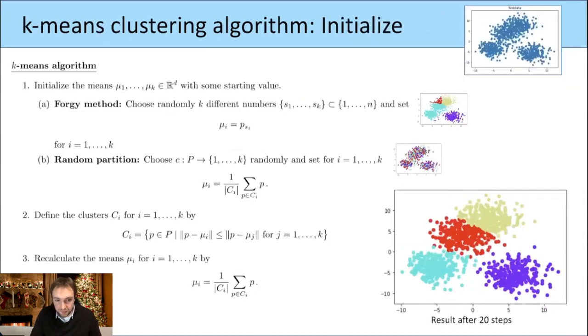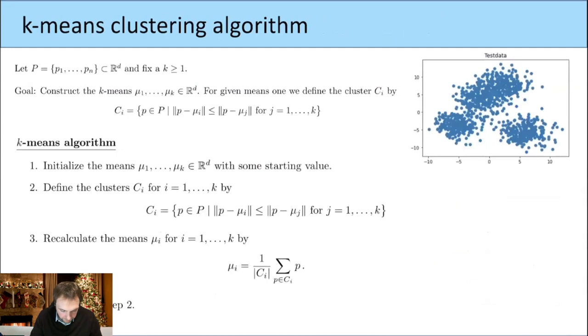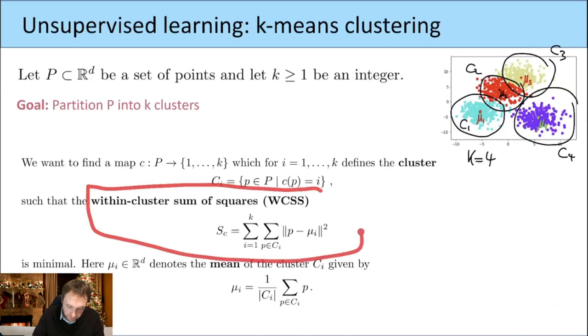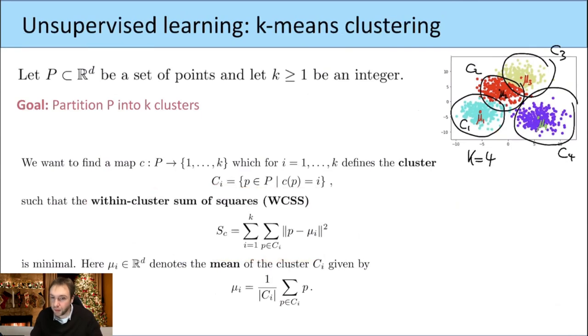So the basic idea is to consider this value here. I can do this algorithm for different k's, so I can start with k equals 1, do this algorithm, and in the end, I get a value for this within cluster sum of squares, which will give me a number. And then I can do this algorithm again with k equals 2, and I get another number. So the idea is that you can try for different k's, plot what you get for this within cluster sum